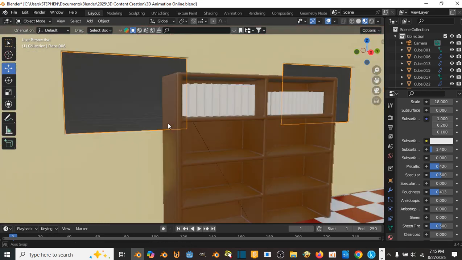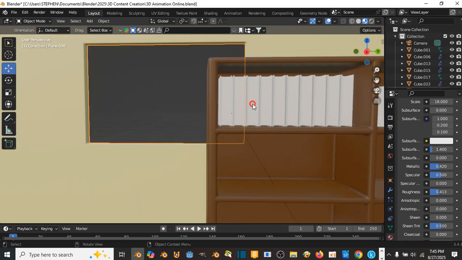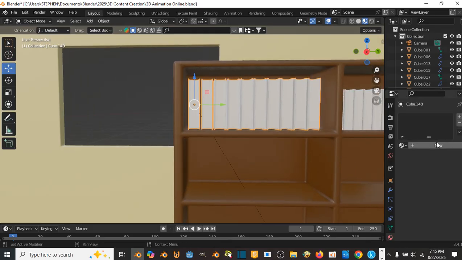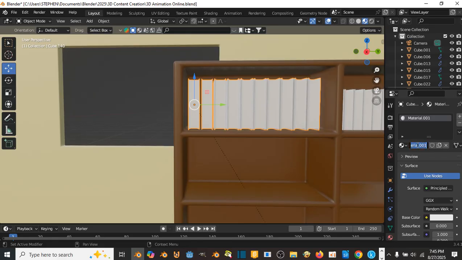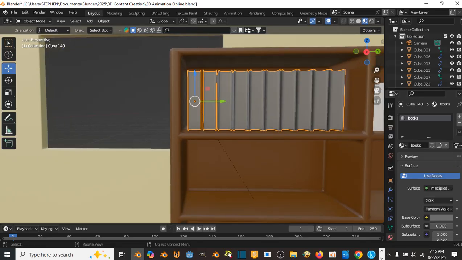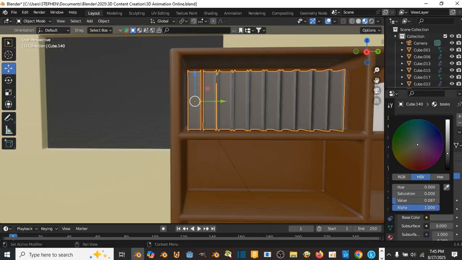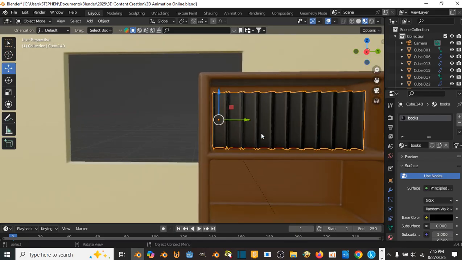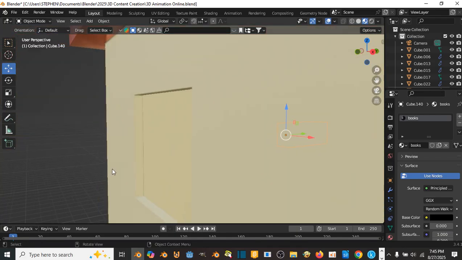So for the books, you can simply start selecting the books and giving them any kind of color you like, however you want it. So I can click on this and do my books. And the books, I want them to be black, but the one in the center is going to be white. So if you bring it down, come down here and just